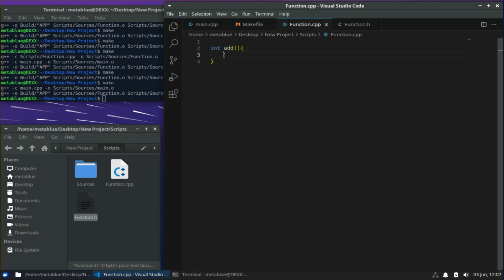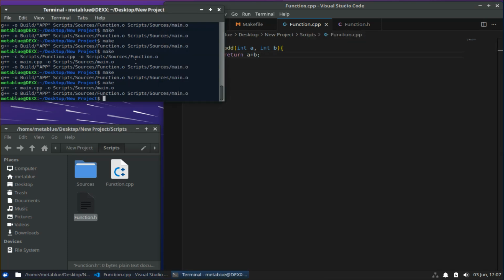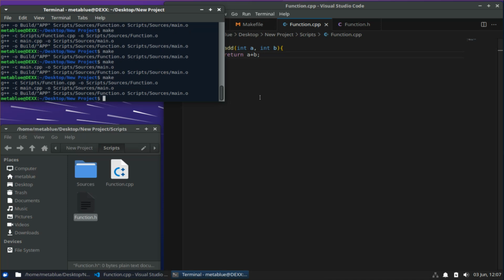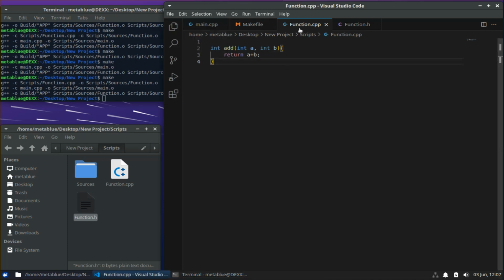It returns an int, so we might want to return that. And we're going to want to have arguments A and B. And since this function adds them, we're just going to return A plus B. Pretty simple. Now, when we compile this code,